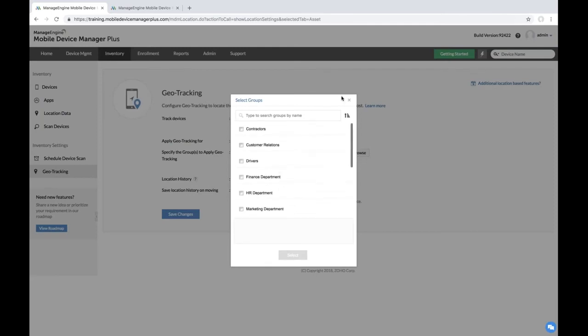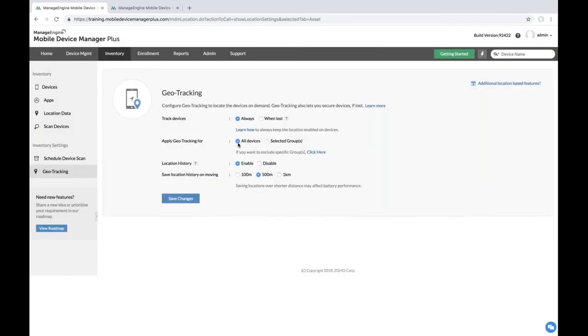And in addition to that, you can also choose to enable location history. So enabling location history essentially allows the MDM server to track the location of all the devices that are being managed by it. So it will store the location and also display it to you. In addition to that, you can also choose to save the location history every time a device moves either 100 meters, 500 meters, or 1 kilometer. For this example, I've chosen 500 meters. Now, it's important to note that saving locations over shorter distances may affect the battery's performance. Click on Save Changes